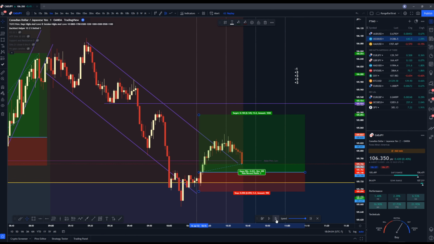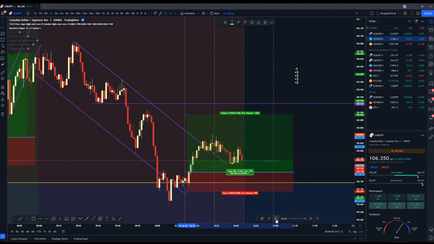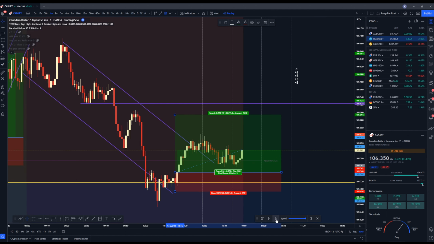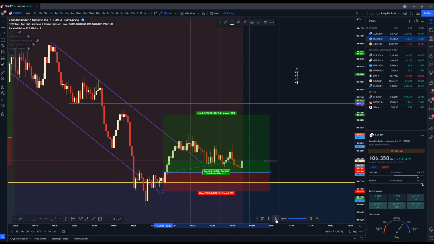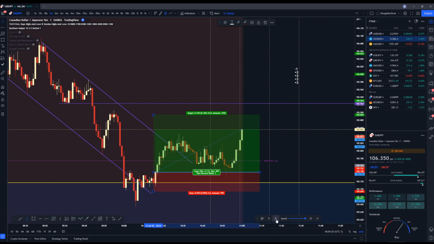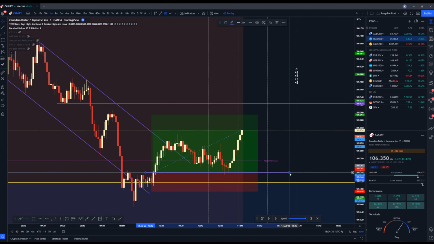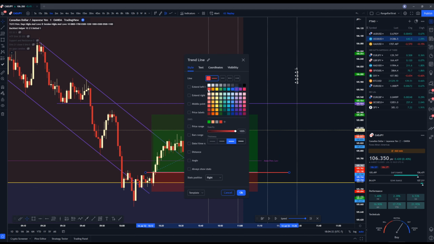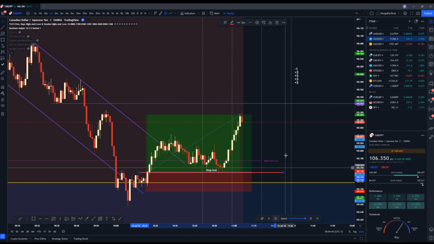It's kind of fun. Okay, and we are pushing back down to our entry, it looks like. Let's see if we can keep consolidating. I don't like that candle for our trade, unfortunately, but I'm not concerned. So now that we've come back down and tapped our entry, I'm going to break even, just to protect our account for the day. So we'll move the stop loss here and let's see what happens. And it doesn't get hit.